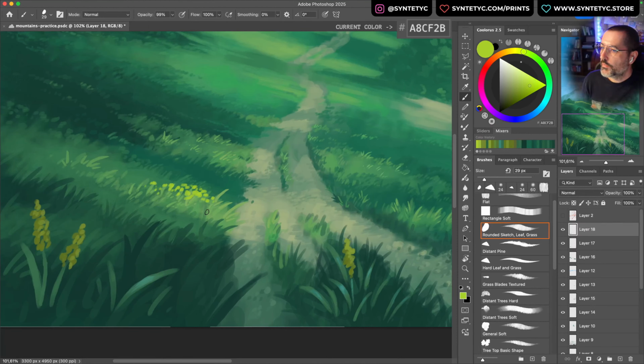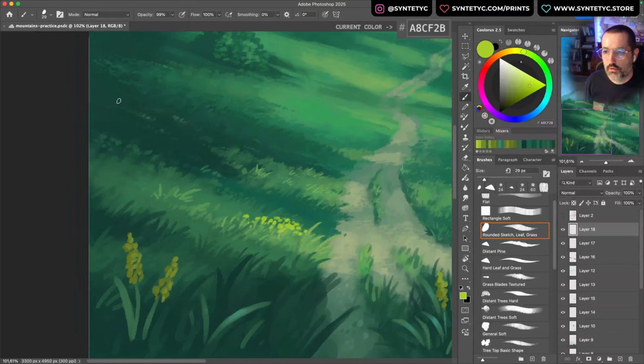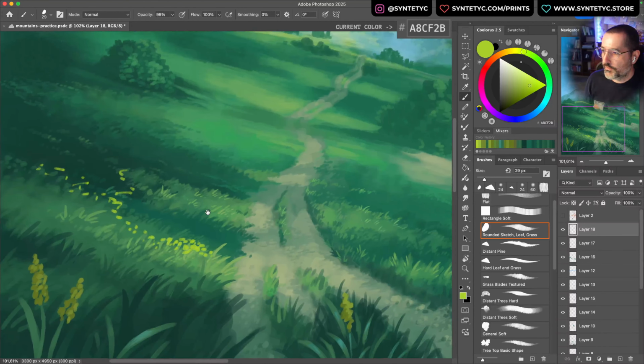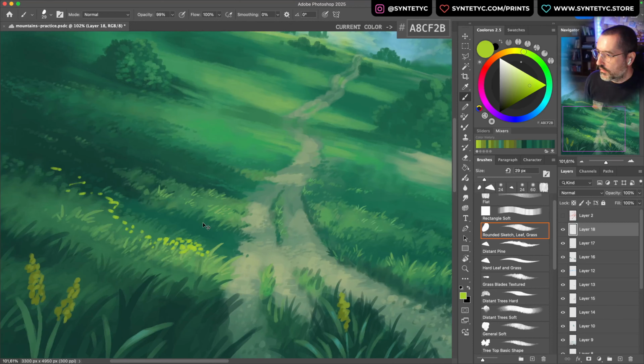For example, for creating a more realistic effect for the flowers, just paint flowers in clusters, not spread for all the ground. Not like this. This is not very realistic. Flowers appear in clusters,